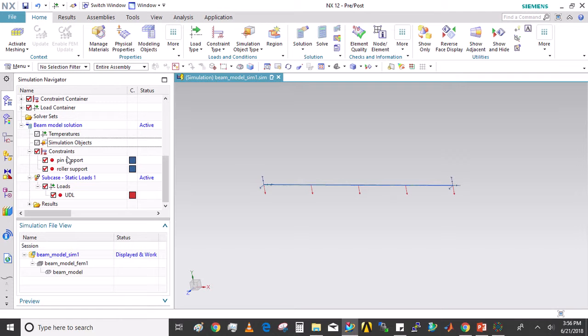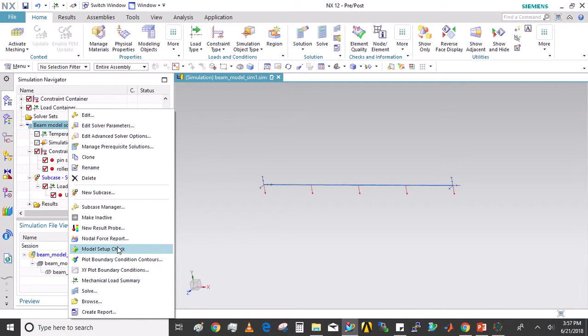A good way of doing it is to first see if you have defined everything correctly. In the beam model solution, if you right click, you will see that there is an option of model setup check. The software will check whether the setup is complete or whether you missed anything, maybe you did not define the material or the loads or constraints.